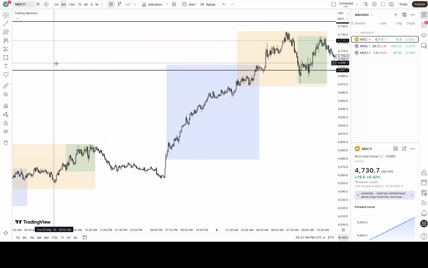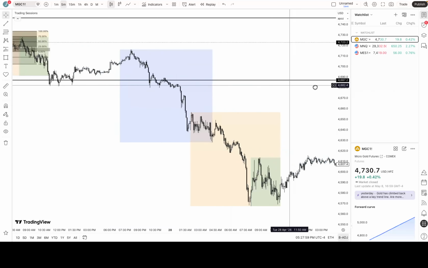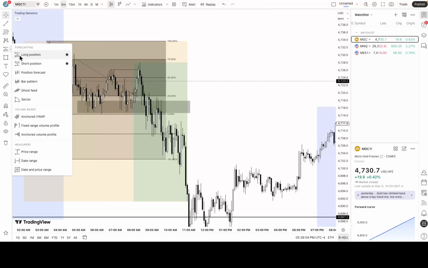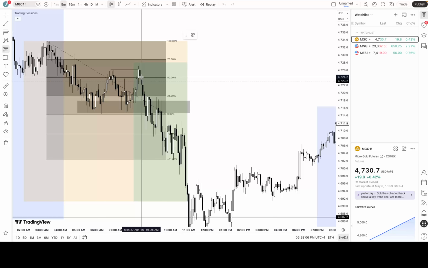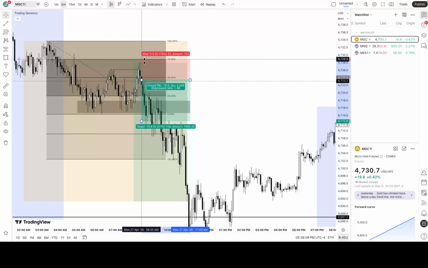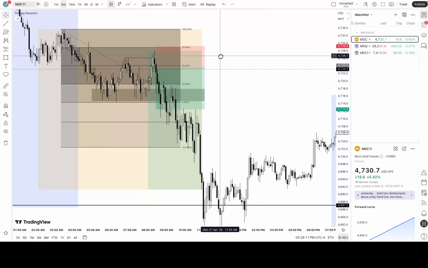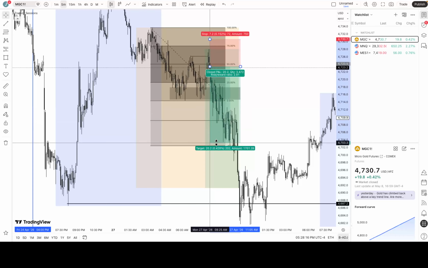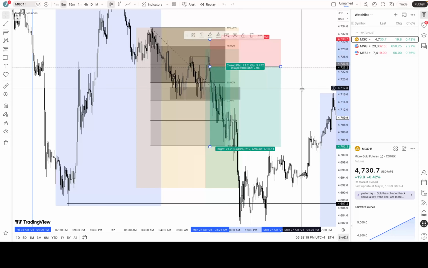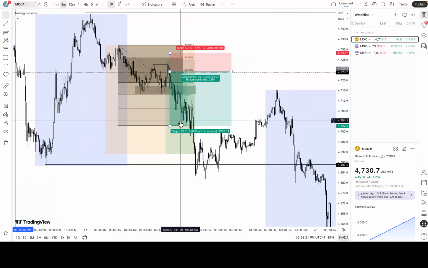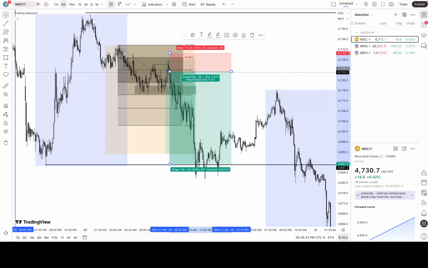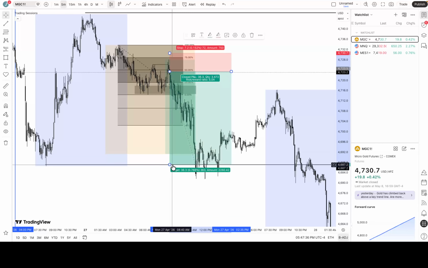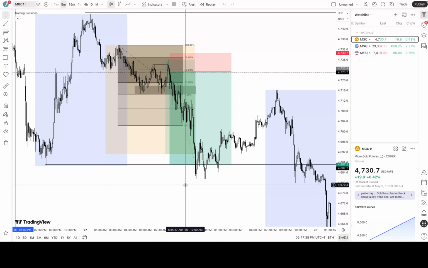Okay, so probably enter right about here. Stop loss probably above the 75% zone or even above this area right here. And honestly, this will be the safest TP, negative 61.8, but also having my TP down here at Asian lows, because I do tend to target